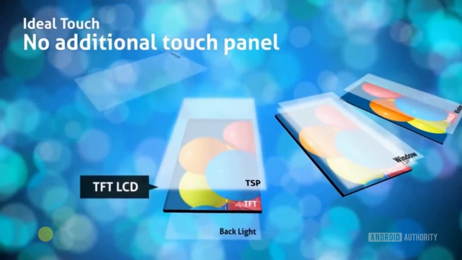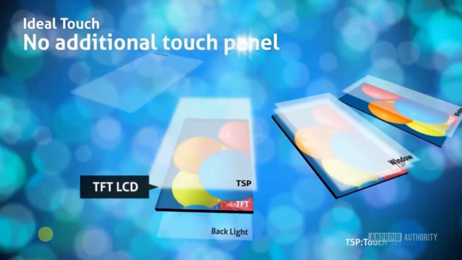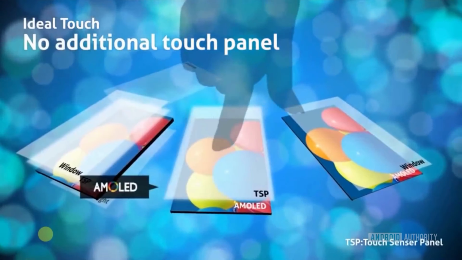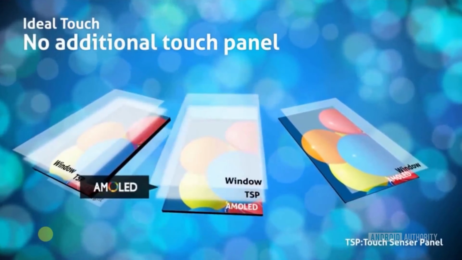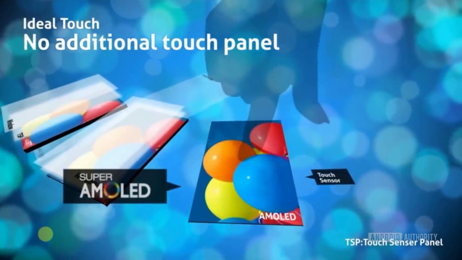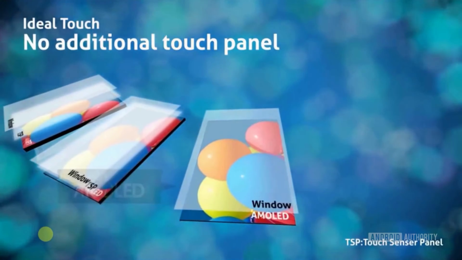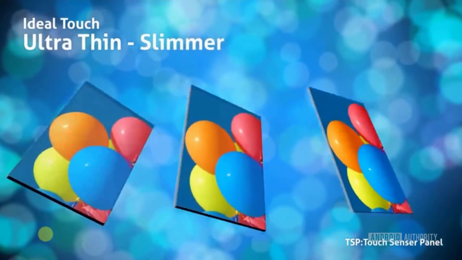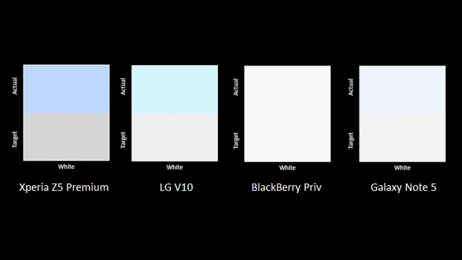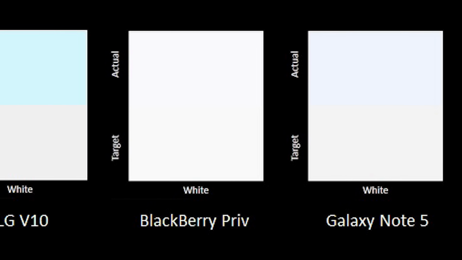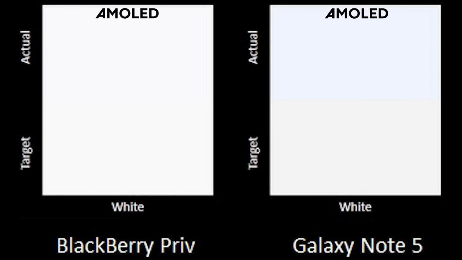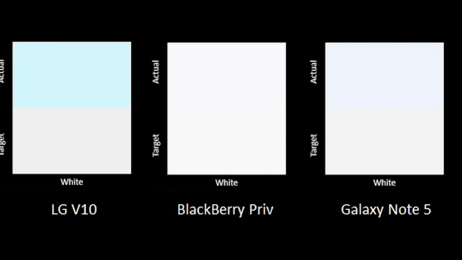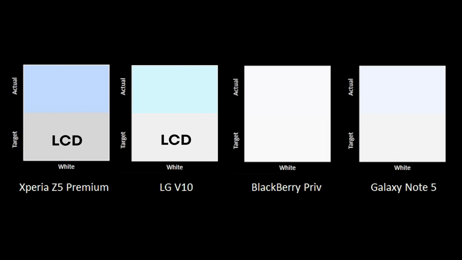Now let's talk about Super AMOLED. It is an AMOLED display with the touch screen matrix in a single unit rather than being two different units on top of each other, like a glass or a kind of substrate between them. They are all part of the same display and that's why it is called Super AMOLED. As you guys can see, the white color produced by an AMOLED display is much whiter, or we can say it is much purer white as compared to that of an LCD display.